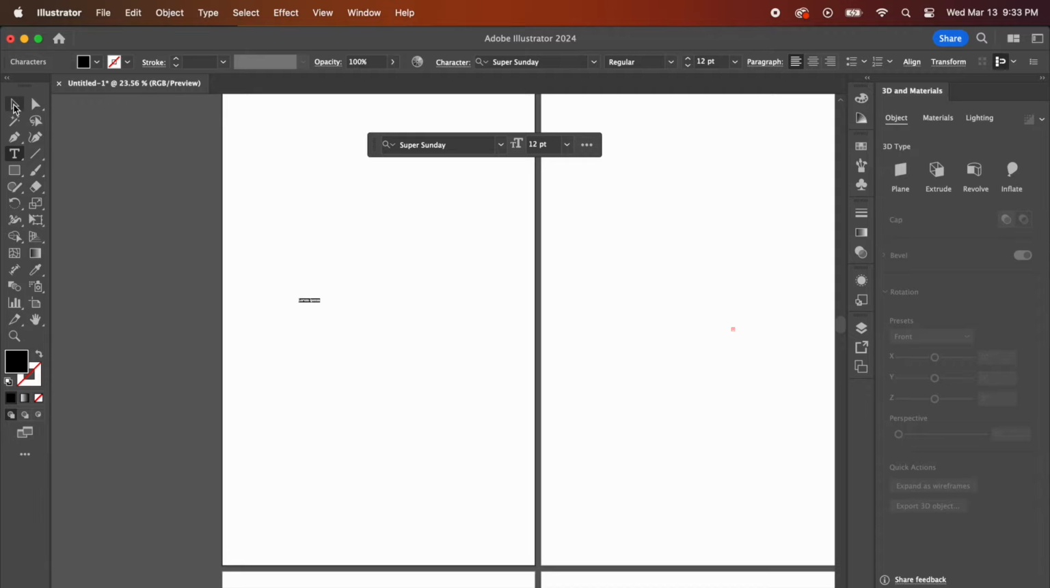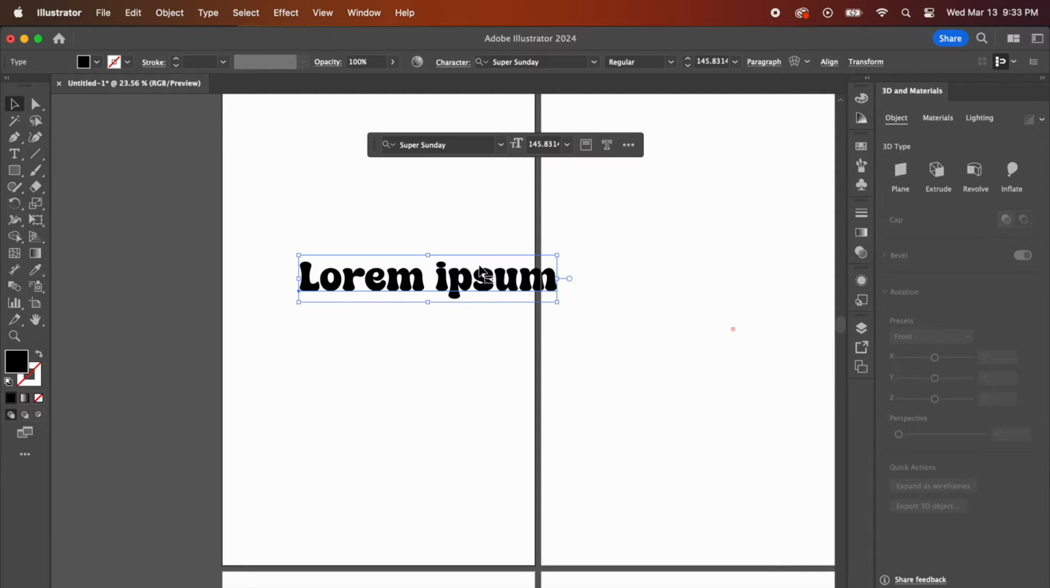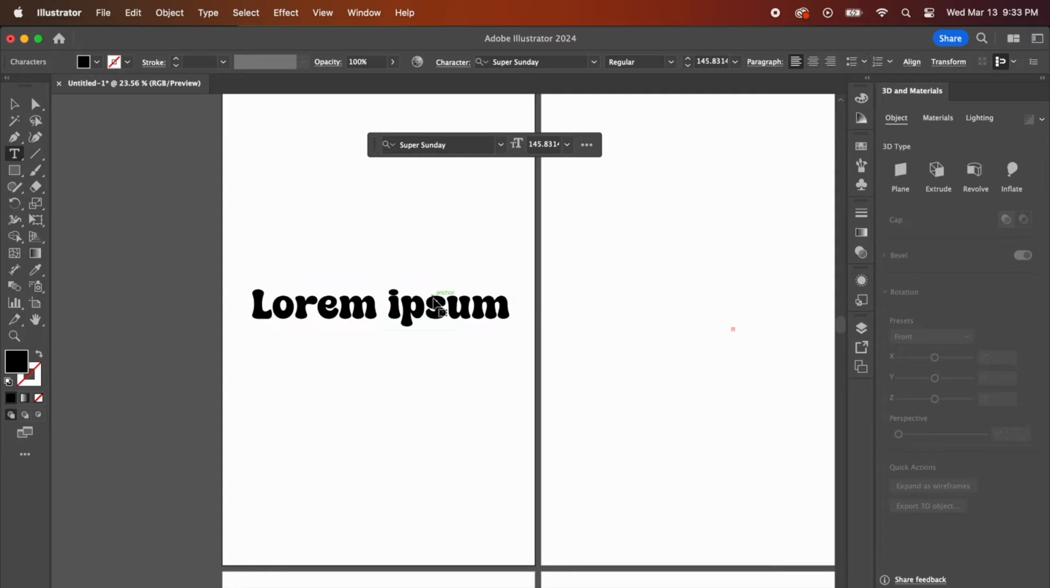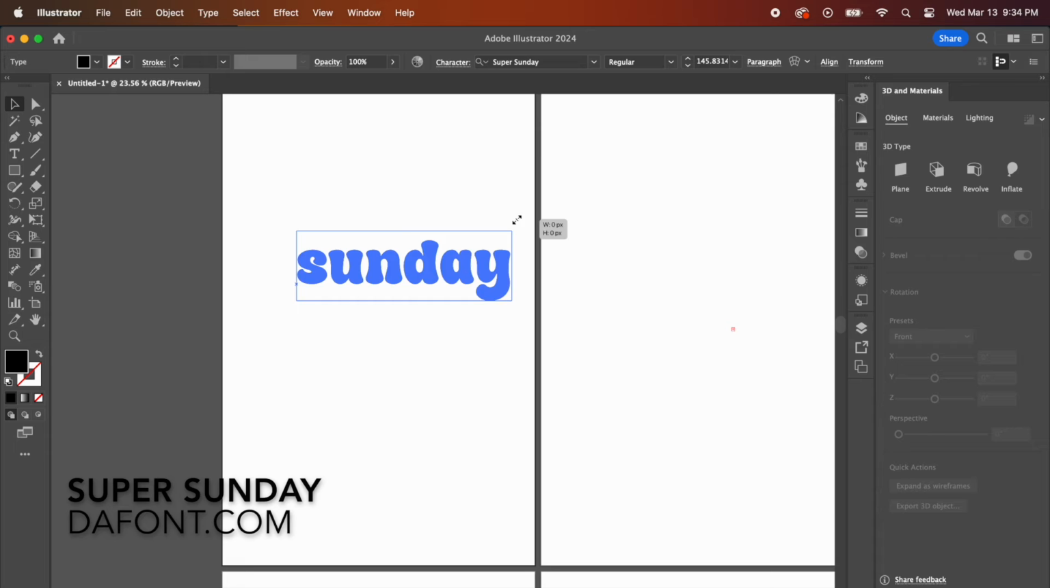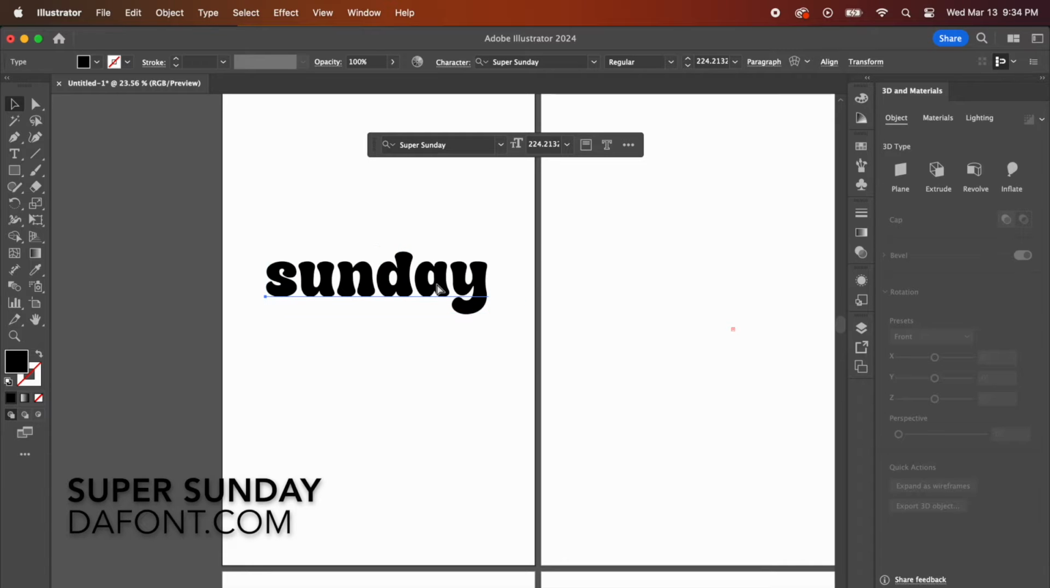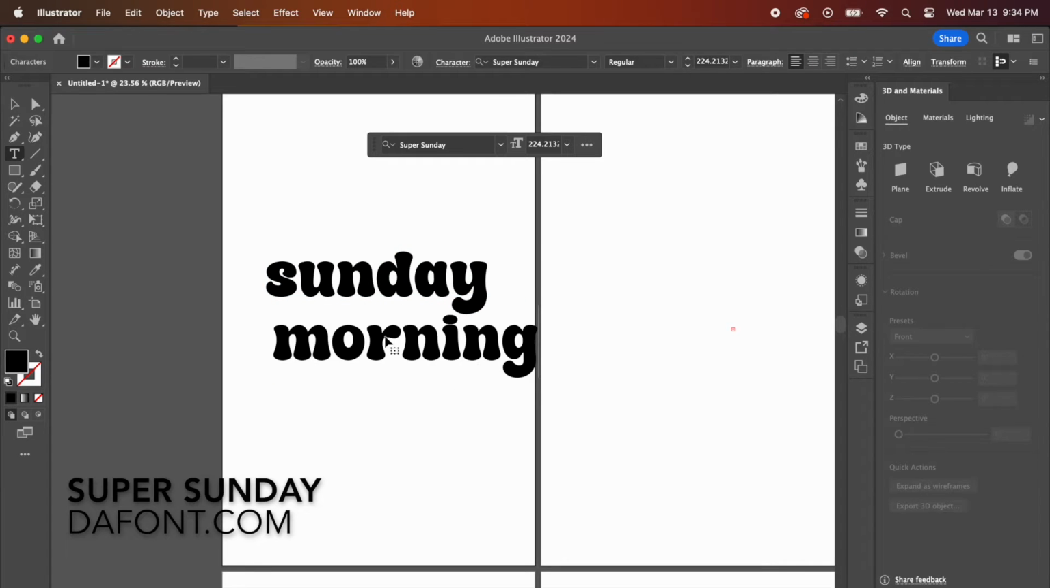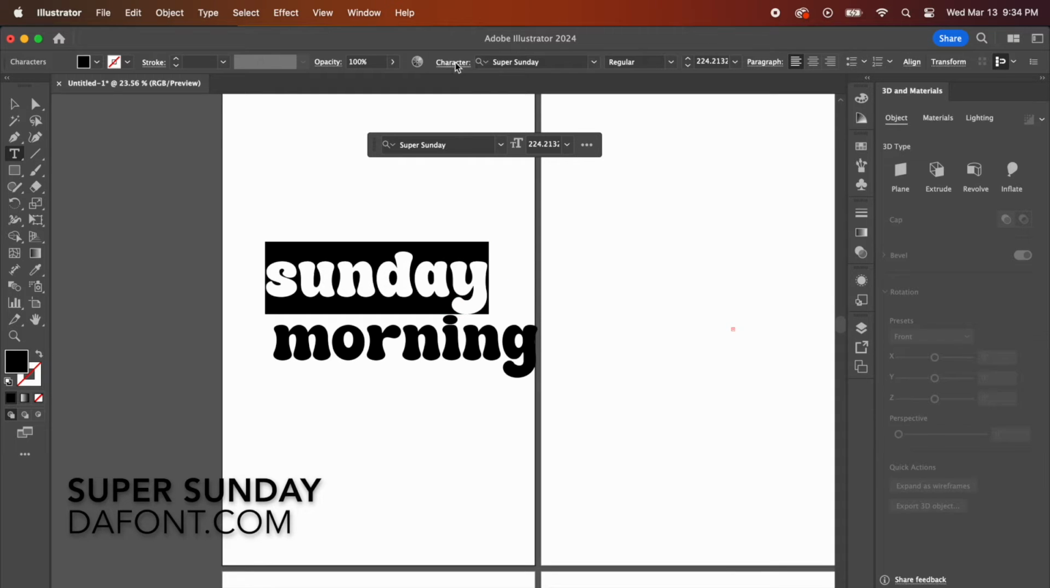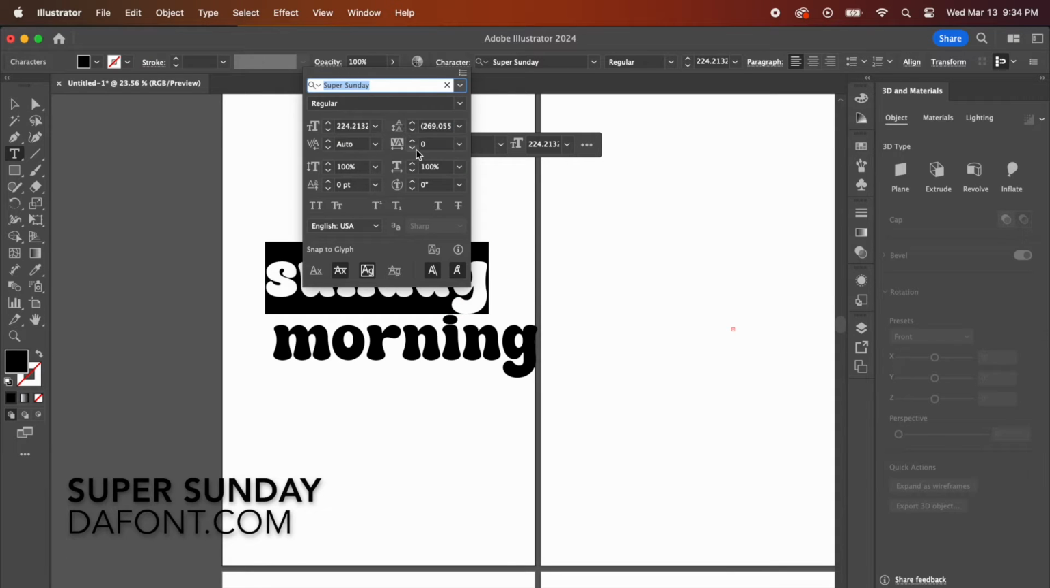Today we're going to be doing the 3D text effect in Adobe Illustrator. First step is to figure out what font you would like to use and then type out your text. I'm using a font called Super Sunday that I downloaded from defont.com. I thought it was really cute and nice and bubbly, and I figured it would look really nice as a